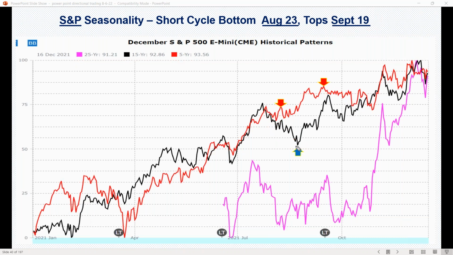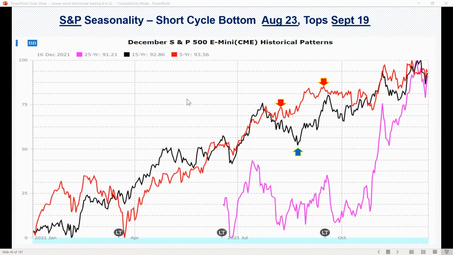of the time, rally into a seasonal weekend. Let's say Labor Day, so typically, like right here towards the end of August, you start getting that seasonal trend back up into Labor Day. Back here in April, we started getting that seasonal trend moving up into Memorial Weekend. So if you look back on your chart, you see the markets tend to trend into long holiday weekends. That's the other thing that I'm looking for. But right now we're in a zone where the market has a lot of potential to seasonally go